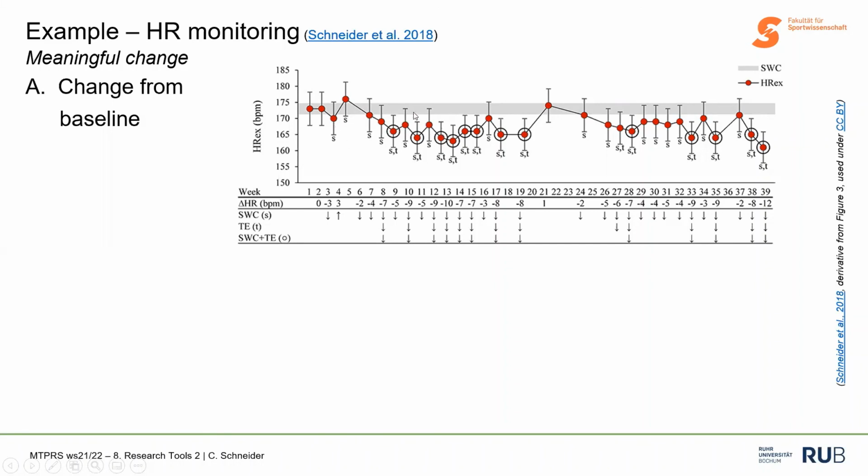And we can then, for example, use visualization. So for example, this point is outside the smallest worthwhile change, outside the meaningful change area, the horizontal bar. So therefore, this observed score is meaningful, but within the error range, it could still be within the trivial range. And you can see here, for example, data like an additional square around the observed score, where the change was large enough that even with consideration of uncertainty, we have definitely a clear reduction in exercise heart rate larger than the meaningful change in this measurement compared